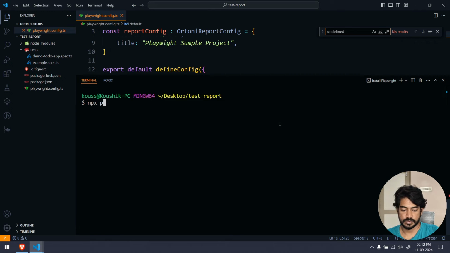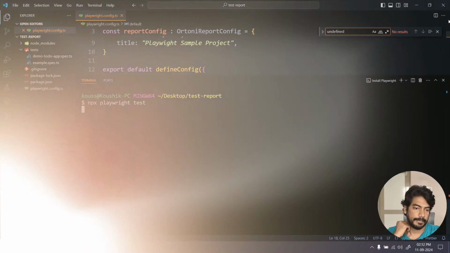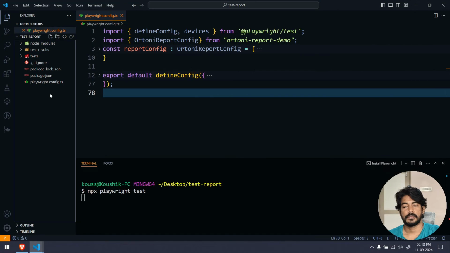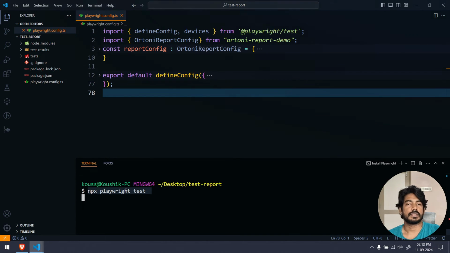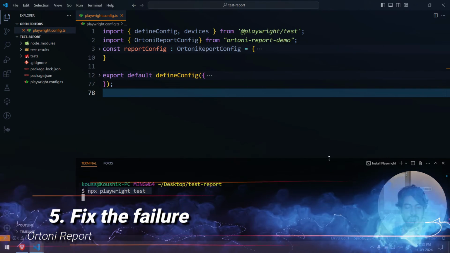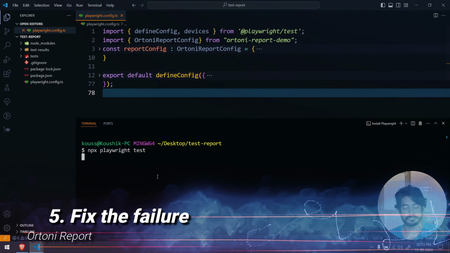So npx playwright test. Anyways, it's going to fail actually. I mean, the script execution will complete and then the report will not generate. So that is what I wanted to show you actually, because